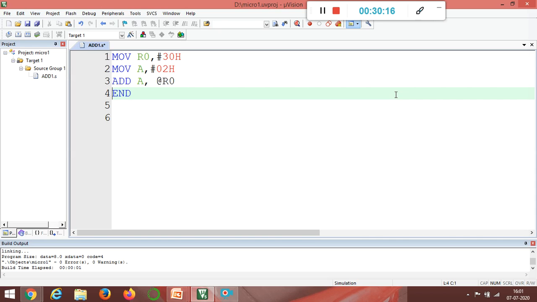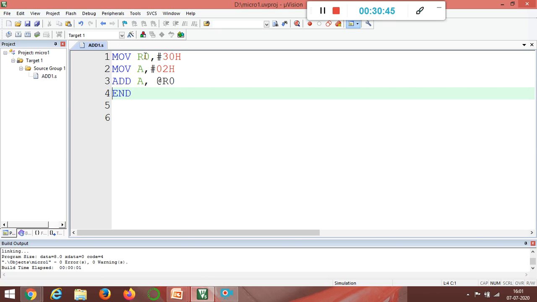Okay. So this is also adding two 8-bit numbers using memory locations. So now I will write the program, then I go for saving the program. So here in same add1.s I saved that program. Suppose you want a different file name to save that program, again you have to close this and then you have to open the new file, then you have to write the program, then you go for saving. Okay. So for demo purpose I am going on saving in the same file name.